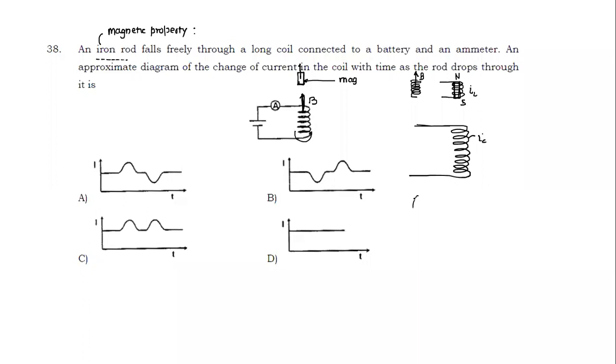If I have a coil A which has current in a particular direction, and another coil which also has current in the same direction, this is I1 and this is I2. Since the iron rod is moved closer, if coil B is moved towards A, will the current I1 rise or fall? That's the question. So this whole question becomes equivalent to this. Have some of you followed what I've done?